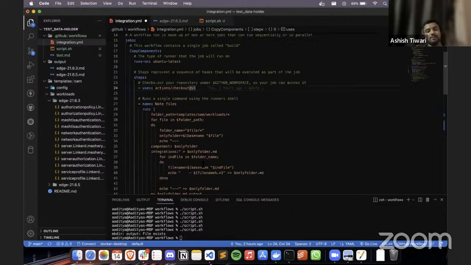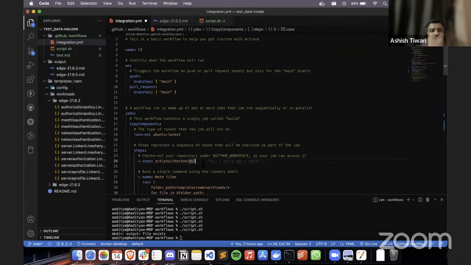And if you're saying that some of the files are here and the other files are there, then there has to be an intermediary step. First you take those files and convert them into markdown. Once you have those markdown files, you use the upload artifact to upload them. The upload artifact and download artifact jobs can be used as an intermediary step to communicate files between two different jobs. So in one job you can say, okay, I checked out to this repo from which you want to copy all these things, and then